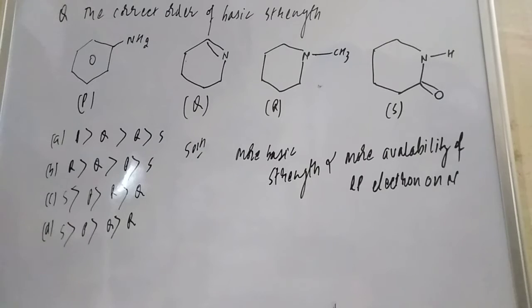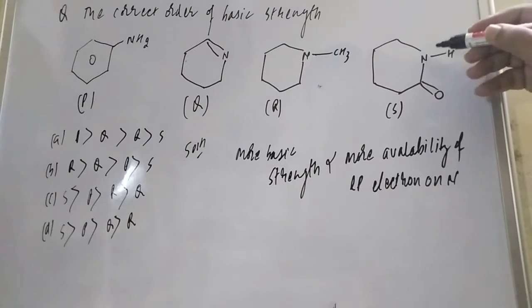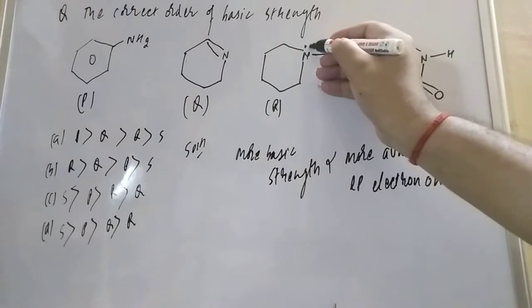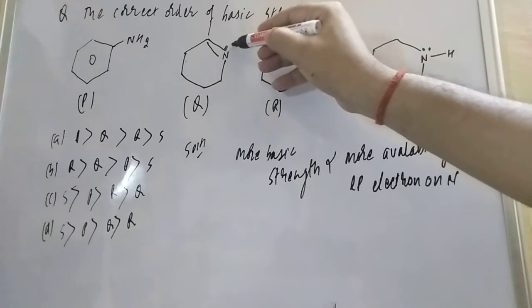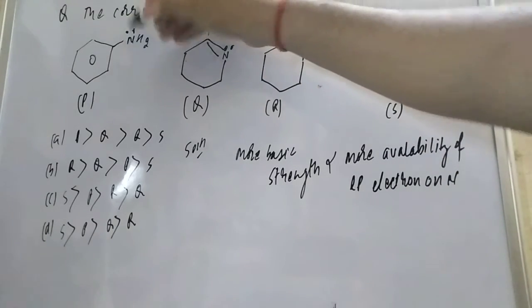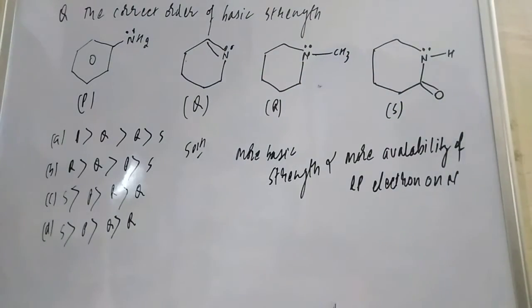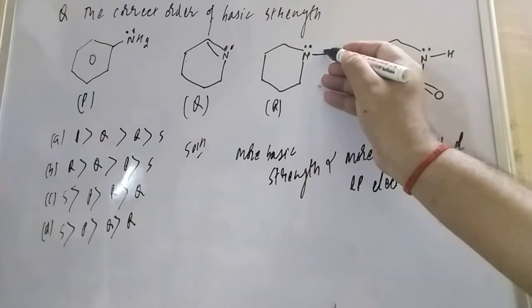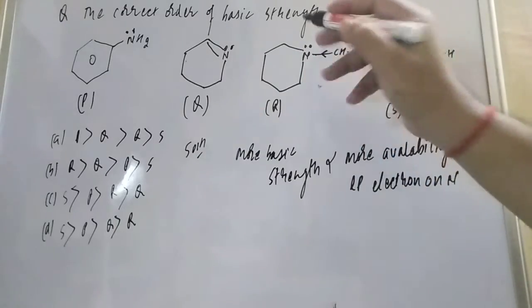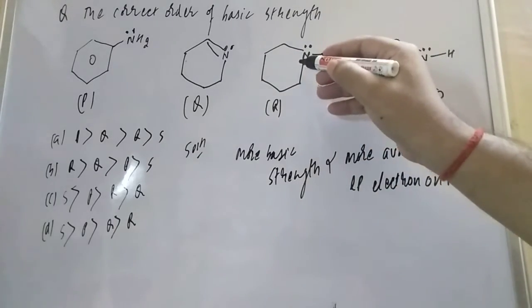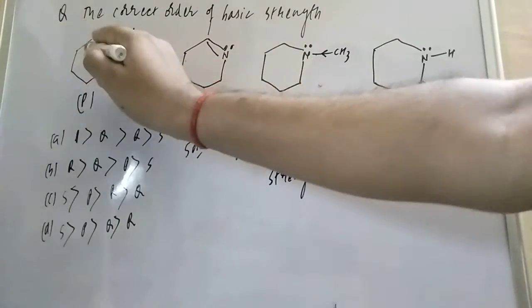So directly I am doing from the question. Wherever the nitrogen atom is there, 3 bonds are there, means there is a lone pair of electrons. Here also there is a lone pair, here also a lone pair, and here also a lone pair. Try to understand, friend. This is the electron donor group, first condition, electron donor group, and they are all single bonds. So all are single bonds, and this is the electron donor also.